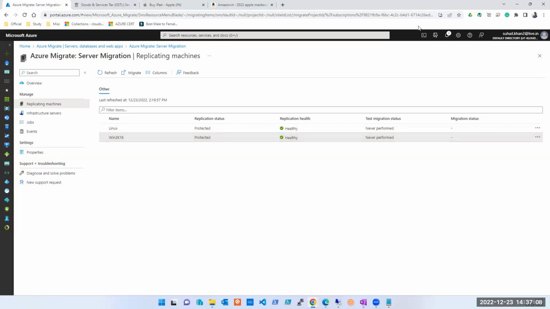Okay. So now we'll do a test migration. For test migration, you don't have to do a test migration for all machines. You can select any of the machines or a few machines. In our case, I'm selecting only one machine. I click on test migration